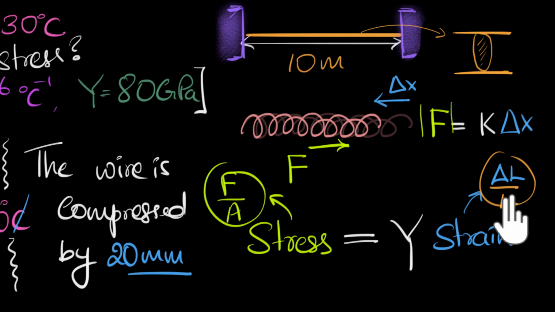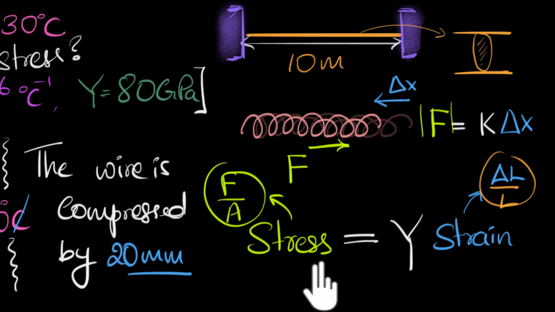Now, we have actually discussed this in another chapter called solids. And so if you require more clarity on this, then it'll be better to watch that video first and then come back over here. But anyways, all we need to do now is calculate this stress. This stress is called the thermal stress. And the reason it's called thermal is because, I mean, think about it. The stress was generated because of thermal expansion. If there was no thermal expansion, the wire wouldn't have expanded or wouldn't have tried to expand, and this strain wouldn't have been developed in the first place. So all we need to do is calculate this thermal stress.